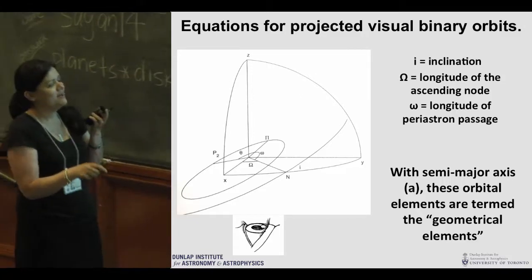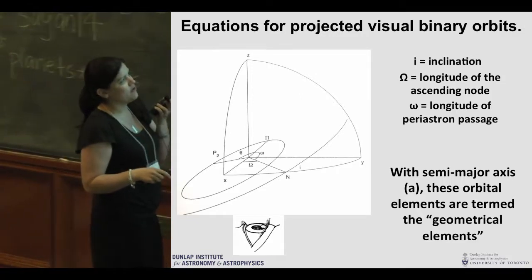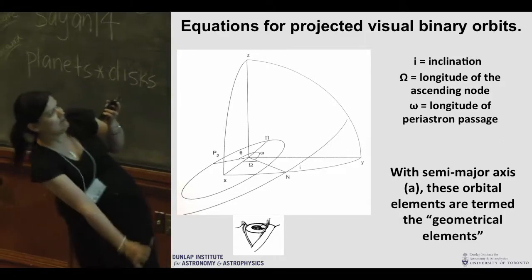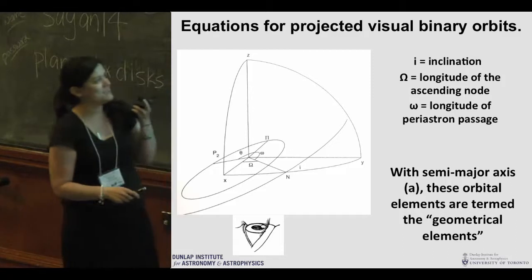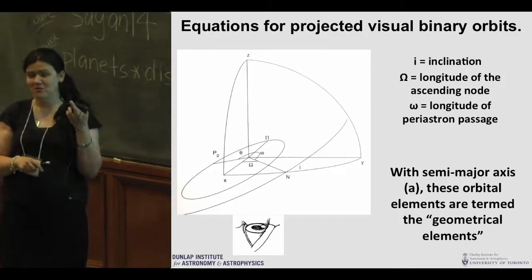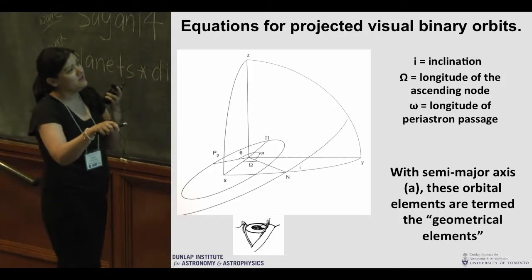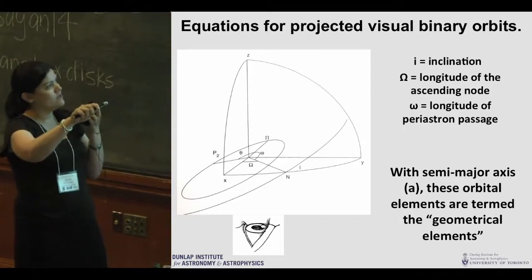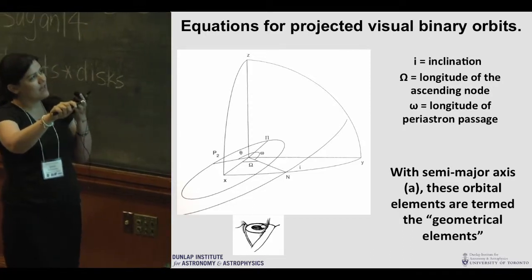Now I'm showing you a diagram that I think is actually harder to interpret, because now our eyeball is under here looking up, but it has a nice demonstration of all the different angles. Here's our inclination again. Here's N,